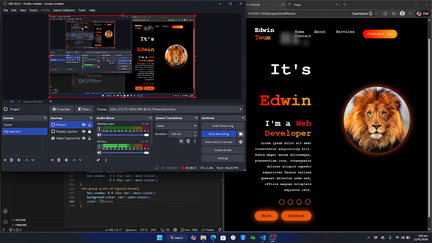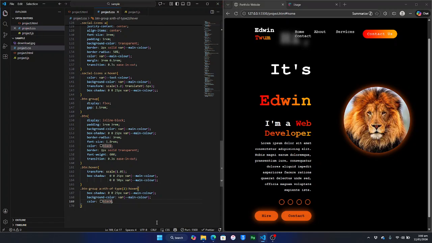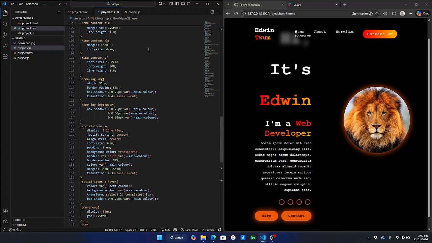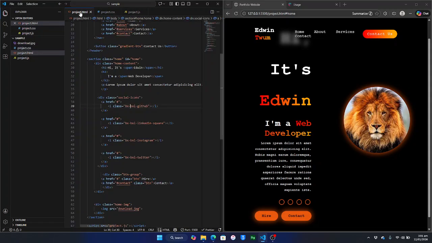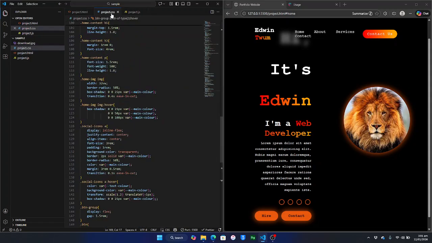I don't know, I think my app is messing up with me because it just paused for a whole lot and now it is back. I'm even shocked that it didn't work. I'm sorry guys, because this one is just taking a toll out of me. I'm just finding bugs and bugs. But then my app actually has failed me because it stopped recording and now I realized it's not recording again. So let me just